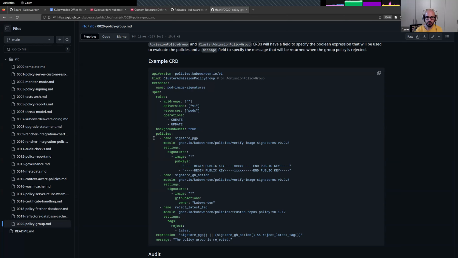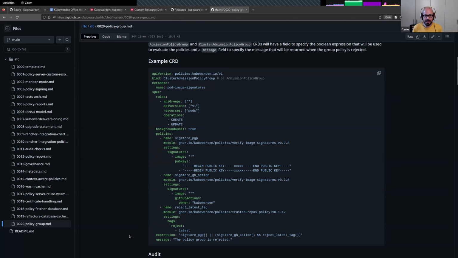And then we are going to reuse the same policy, but this time with a different configuration. And then we will mix it with a completely different policy, reject-latest-tag, which takes yet another Kubewarden policy. And the way we are going to combine them is by using this expression below.